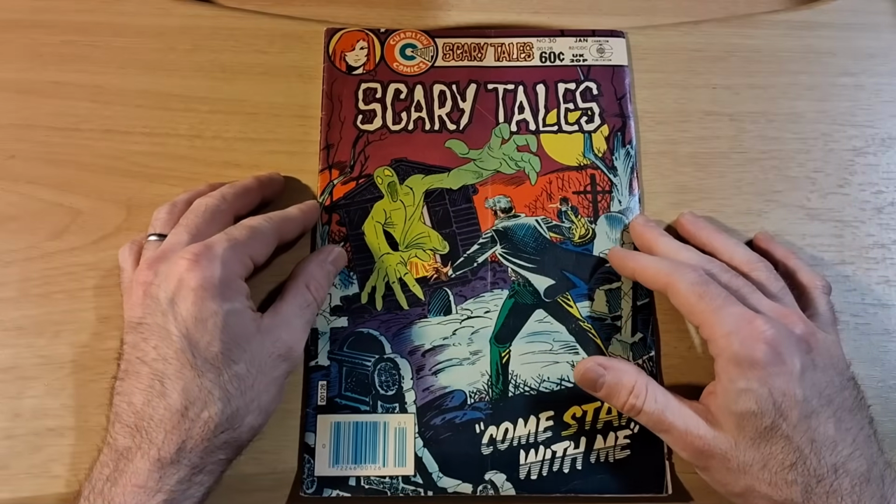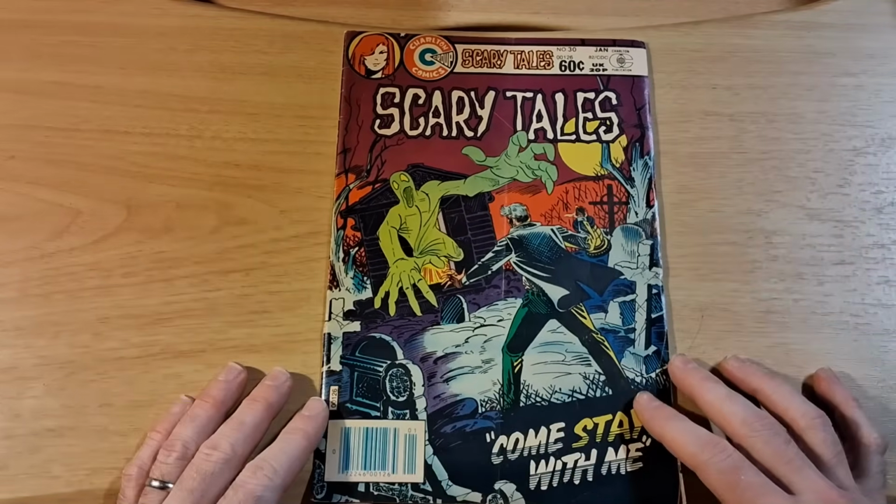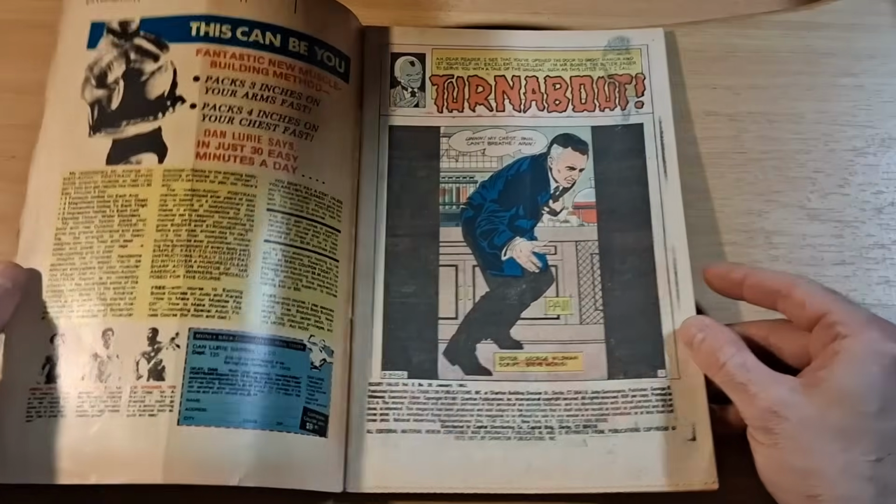Scary Tales, Charlatan Comics, issue number 30. That's a cool little cover. Newsstand, 60 cent,